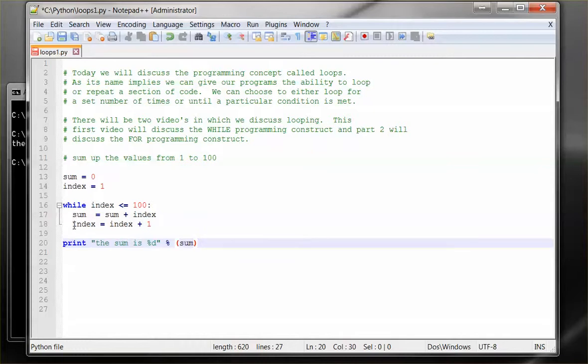Since we have no more indented lines after this index statement, it goes back to the beginning, reevaluates this statement again to see if it's still true. Is index less than or equal to 100? Our index is 2. That is true. So it drops down to the next line, executes the sum statement, sum, which is a value of 1 from the previous execution, plus the index, which is 2, gives us a value of 3,